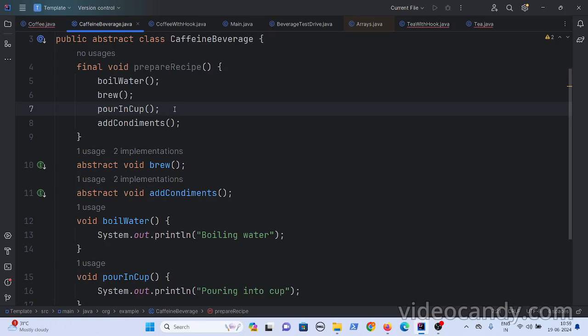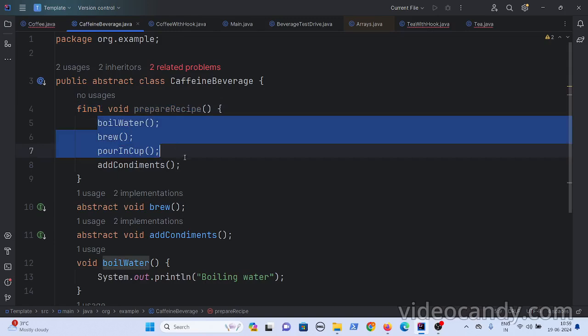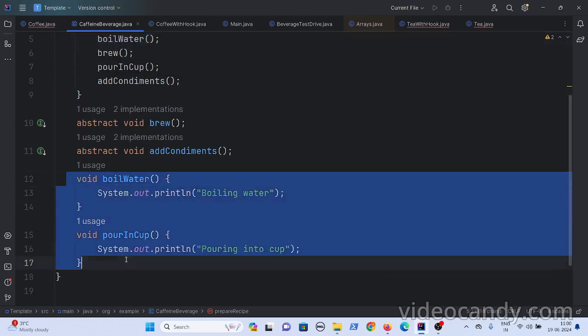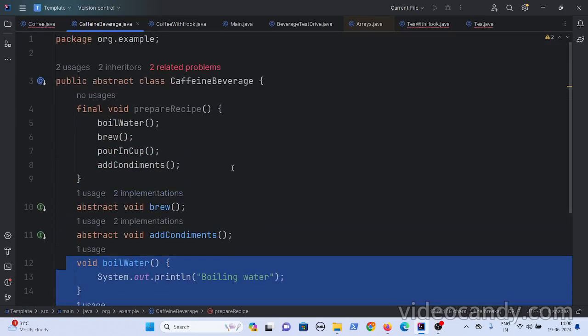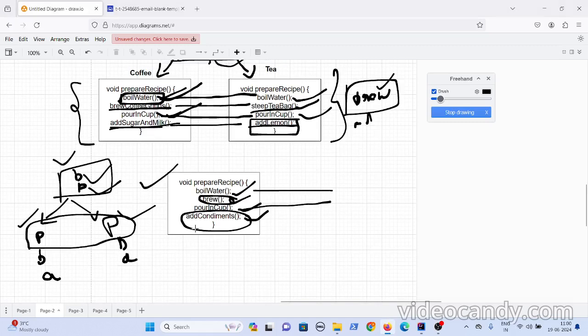Now, this is nothing but the template method pattern. In the template method pattern, you have a template method declared in your parent class and you make it final. Inside that you will have a few methods or steps that have to be executed in an order. For a few methods you can provide your implementation which should be followed by the child classes, and for a few methods child classes can provide their own implementation. So this is called the template method.